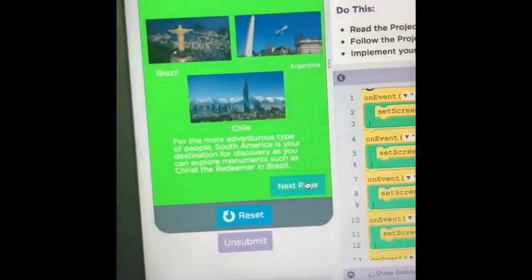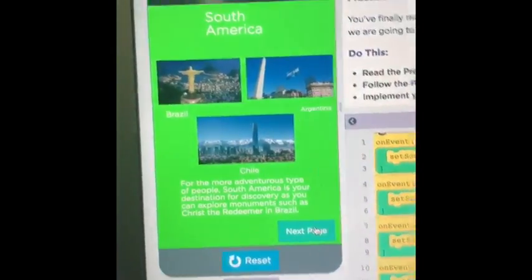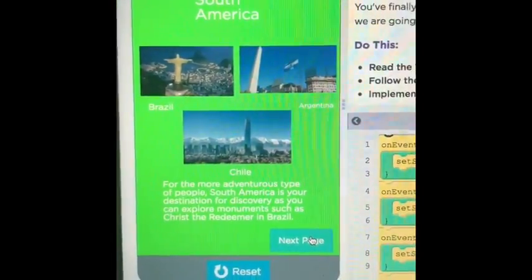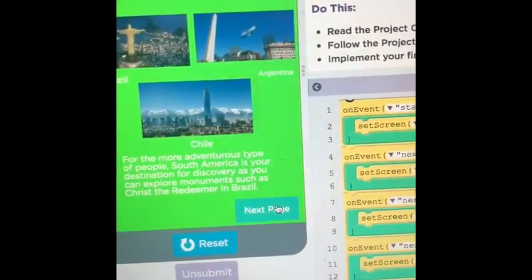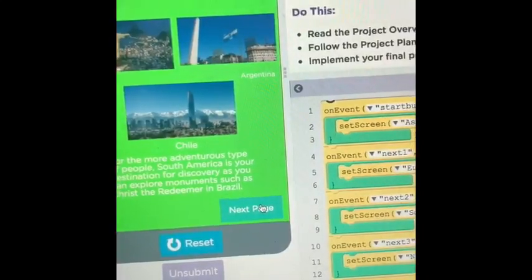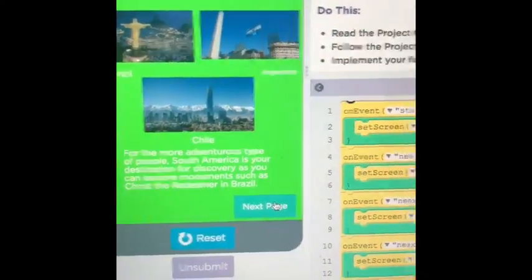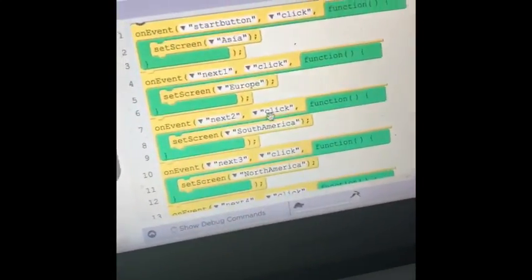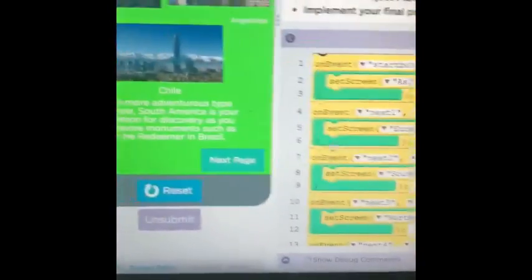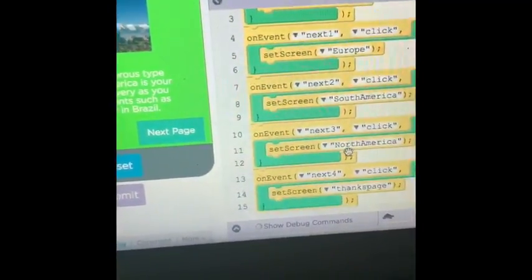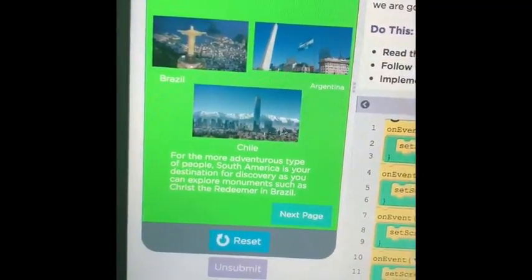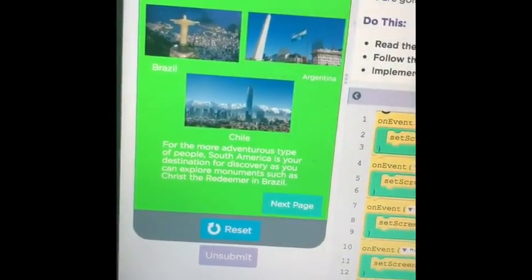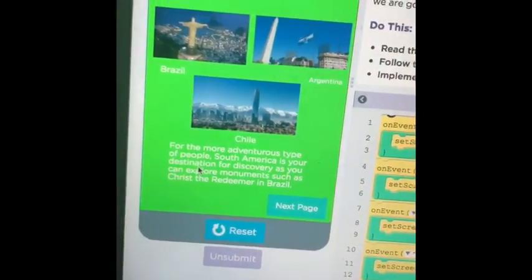Moving on to the next page, which is South America. Again, very similar to the previous two screens. There are pictures with descriptions on the bottom. The color scheme selected in this scenario is green, using the background color modulator on the design page. The code for this one, when it took you to South America, there's the next button on the previous page. Here, the next button is going to take you to North America. So yeah, here are pictures of Brazil, Chile, Argentina, points of interest there, title, very similar to the previous pages, and